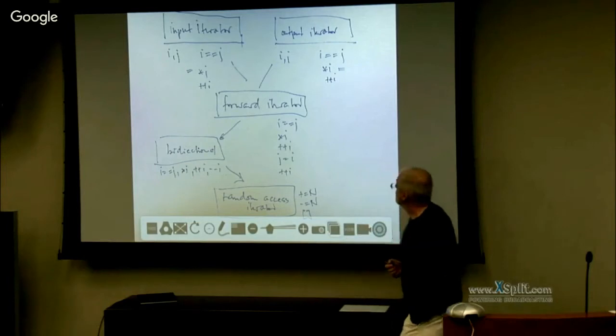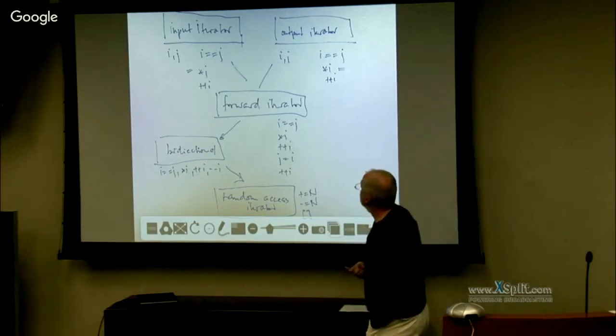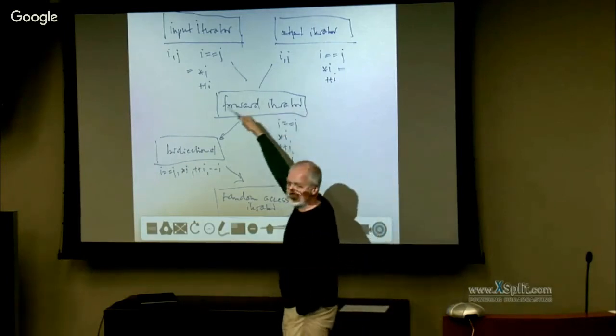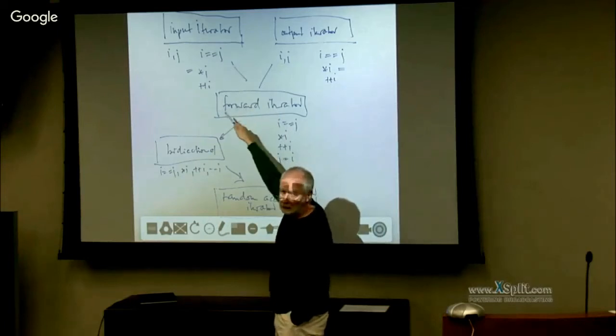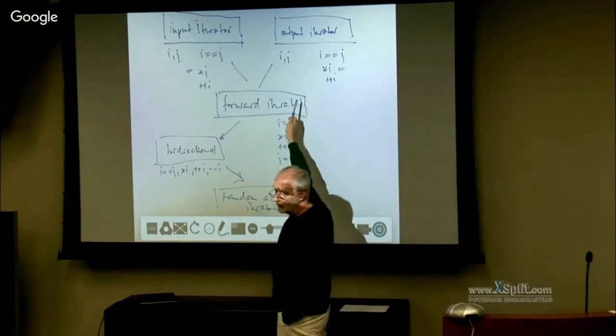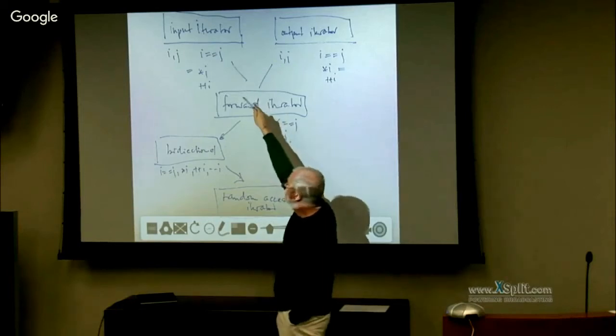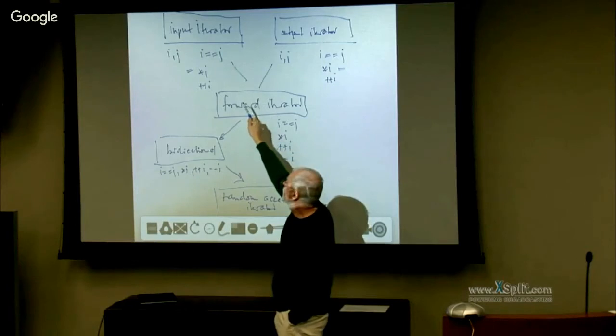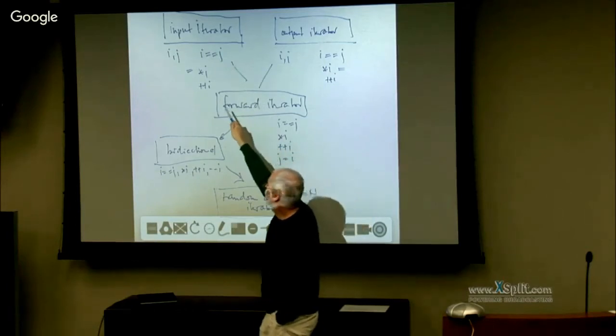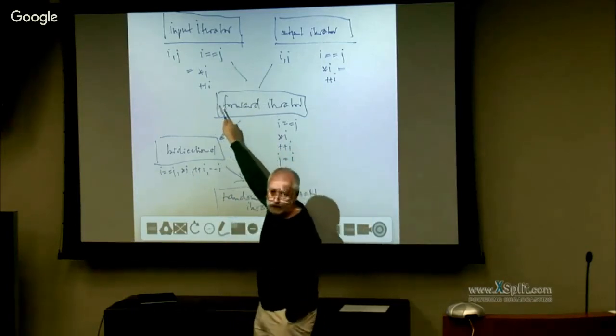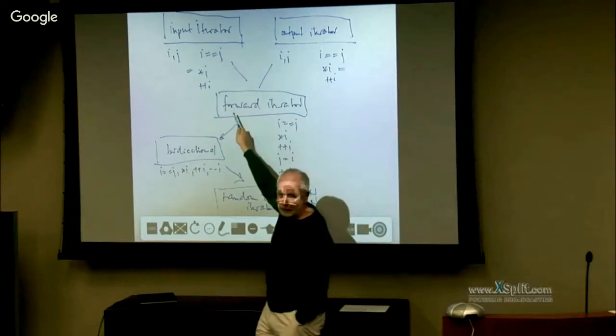C++17 has, I believe, two additional iterator categories, a weak input iterator and a weak output iterator, which are in the middle of input iterators and forward iterators in the sense that you can still use it only on the right-hand side of the assignment, but you can go back in time.